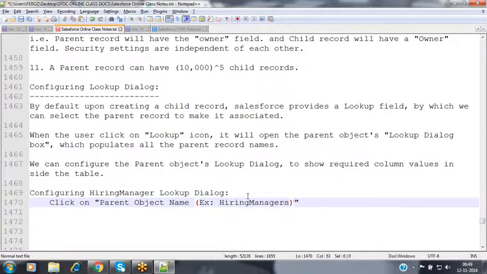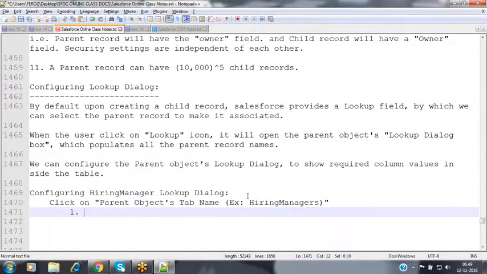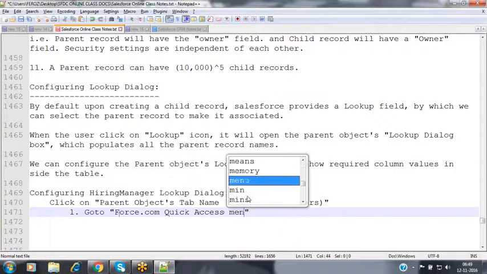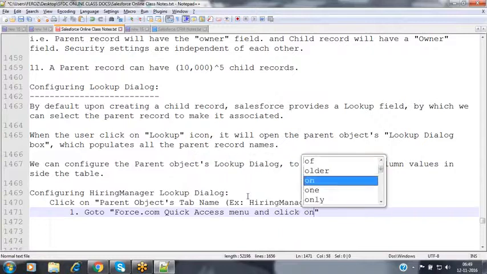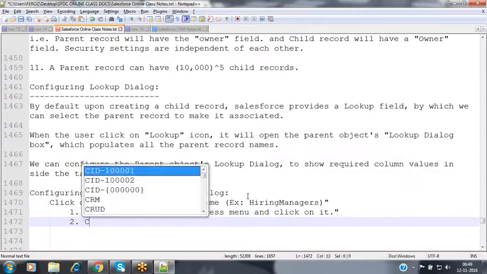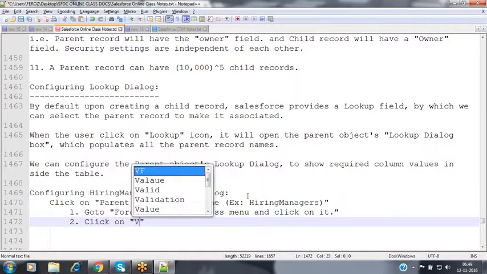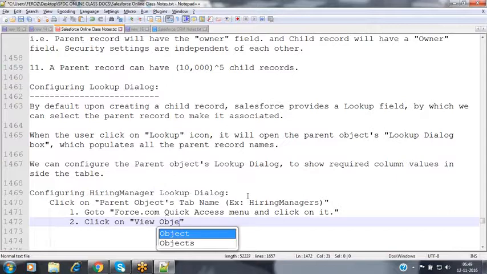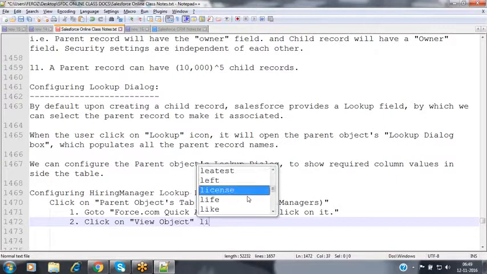Hiring managers is the tab name. Go to the first.com quick access menu and click on it. Click on view object. Click on the view object link.